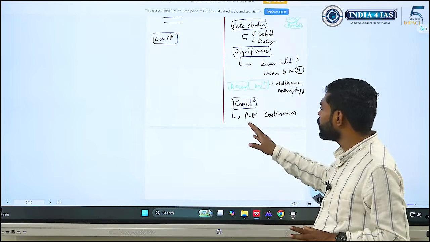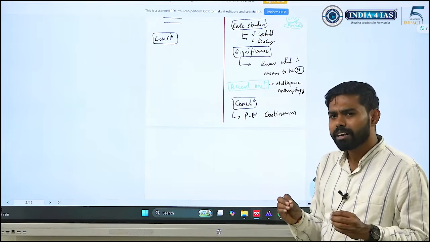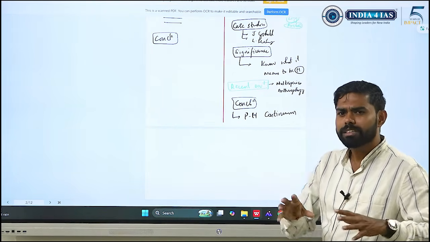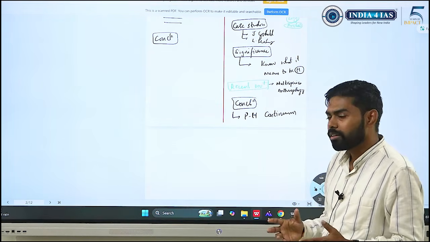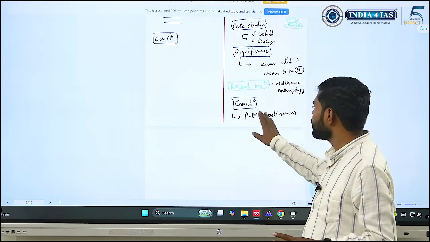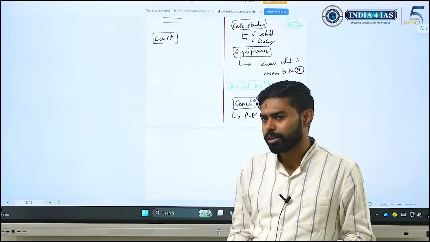And you can conclude by saying that primates and humans are not separate entities, they are a continuum where the qualities only differ in degree, not in whether they are there or not. This is the general conclusion you can always use whenever there is a question about primates and humans.